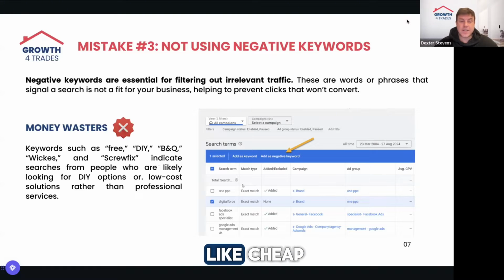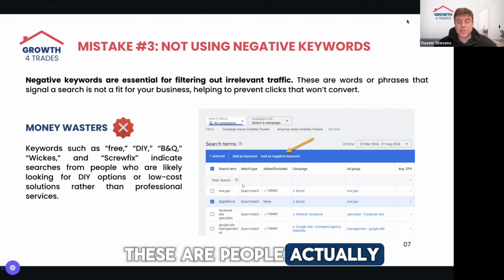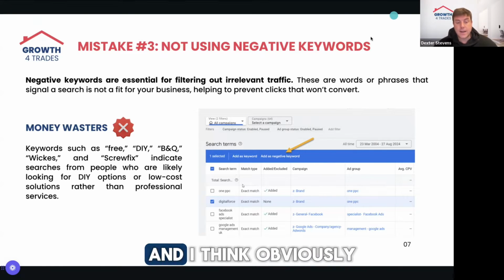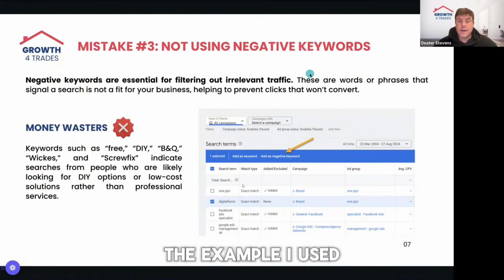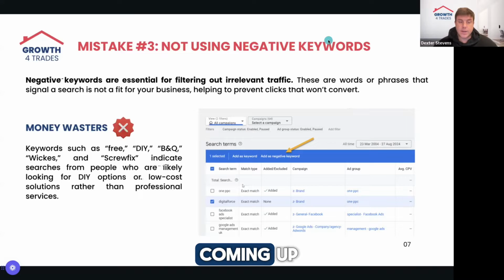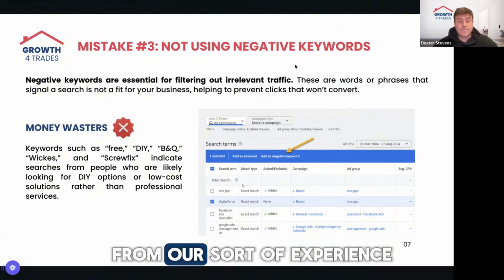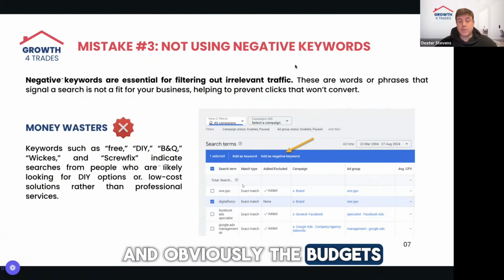And keywords like cheap. Again, you can also look at B&Q, Wickes, Screwfix, because obviously these are people maybe looking for parts or tools. So that's again going to fall into the negative keyword lists. And I think of the example I used previously, where you'll get plumbing merchants coming up, which again is a wasted cost. I also feel that from our experience and the budgets we're working with